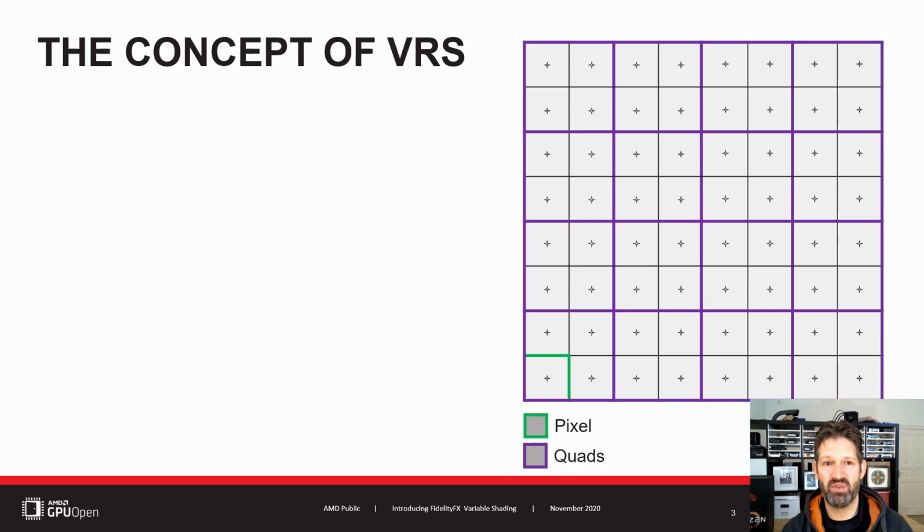Before we look into how to integrate VRS into your engine, let me first explain how it works. To do so, we'll first take a look at how rasterization works on the GPU, and then I will show you how VRS changes that. On the right side you see an 8x8 pixel segment of the screen. The markers in the middle of each pixel are the sample locations, and the purple lines indicate 2x2 blocks or quads, as those will determine how many pixel shader threads will get launched.